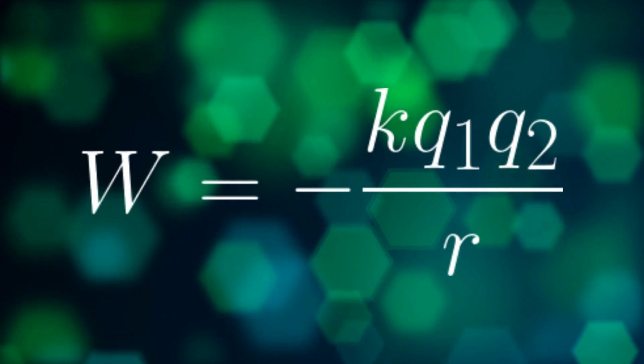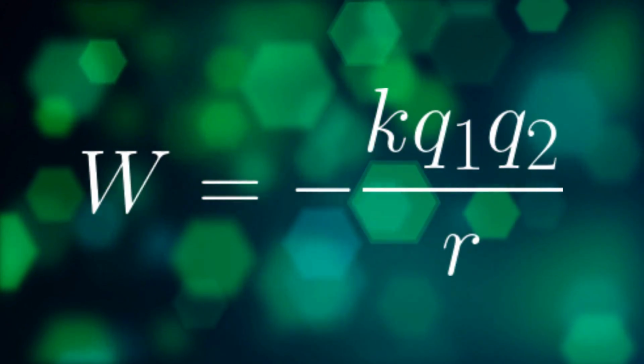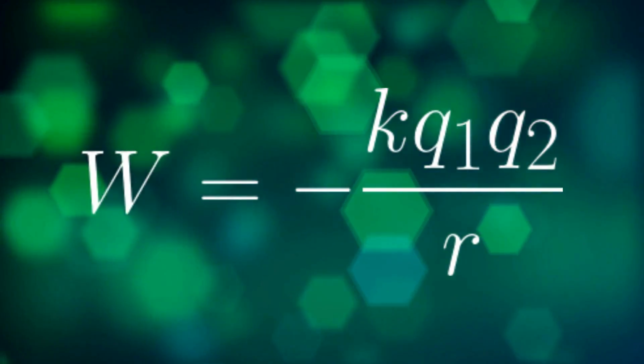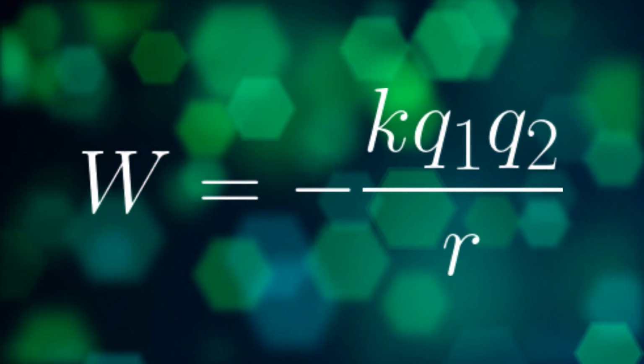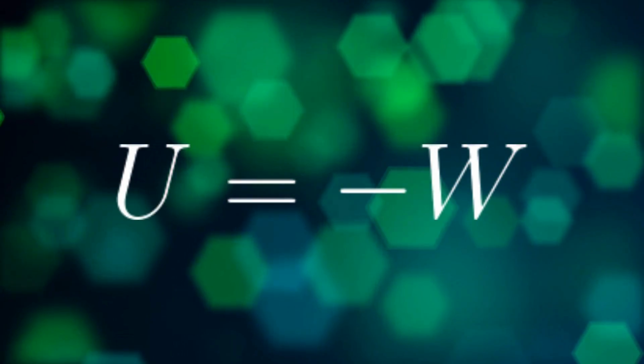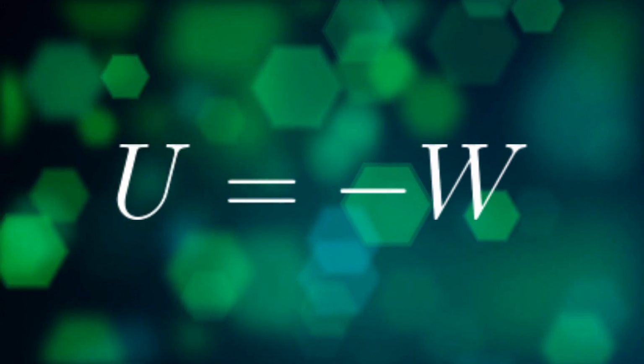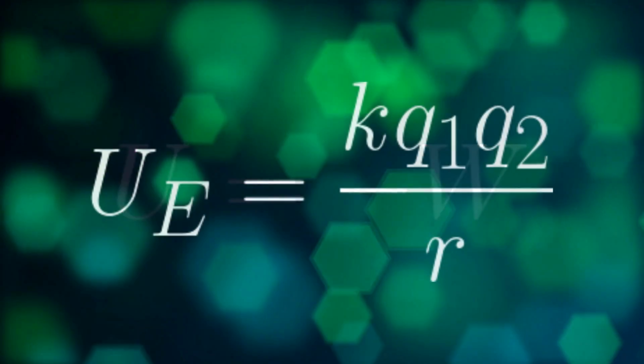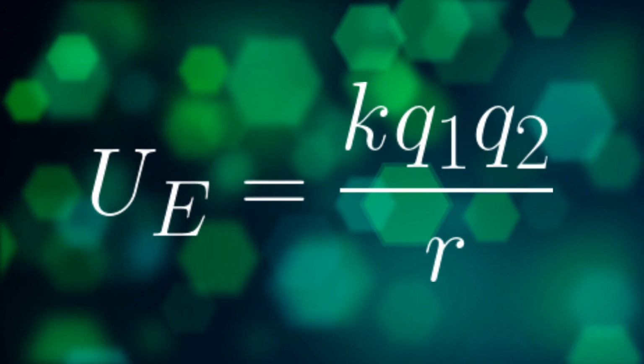This gives us a negative value, which relates to a potential energy, so we can see that our assumption that this was a potential energy is correct. Since potential energies are just negative work, we can see here that the potential energy due to electricity is simply kQ1Q2 over R. And now that we know about electric energy, we can figure out that we can divide it by time. And if we divide it by time, we have the secret to